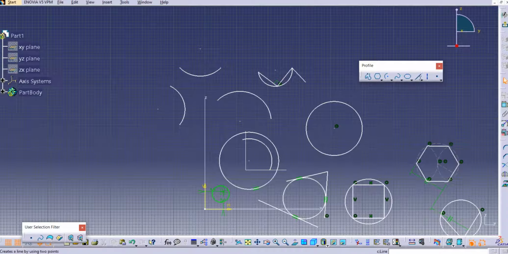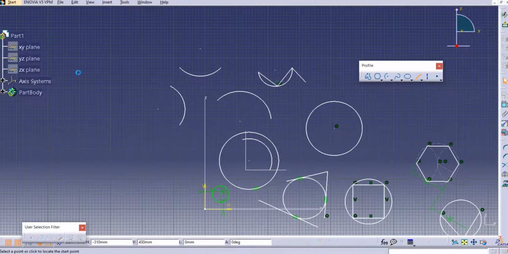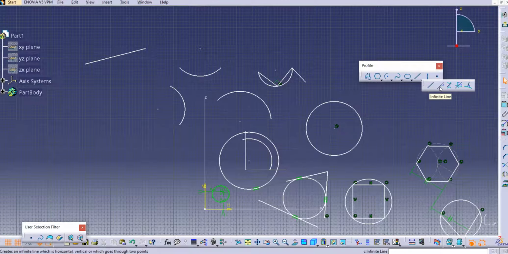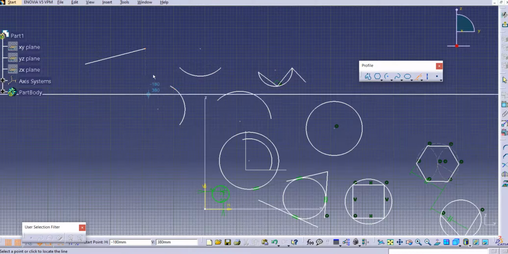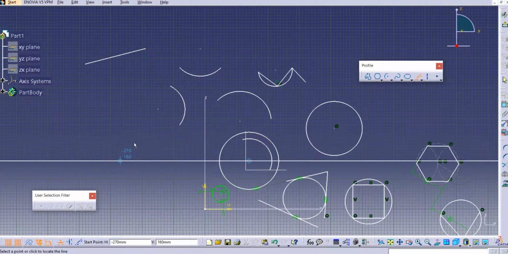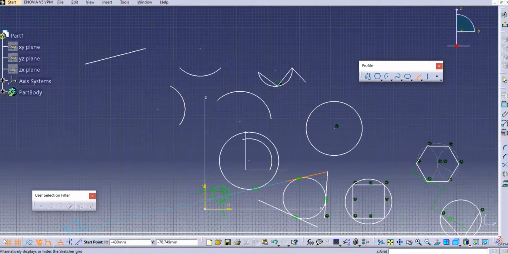Now we will see the different types of lines over here. If you go on this drop down, first is the line, then you have the infinite line, bitangent line, bisecting line, and the line normal to the curve. First we have already seen, you just click the line and you can draw the line. The second option is the infinite line. You can see here, if we select the infinite line option, this is a continuous line with infinite ends.